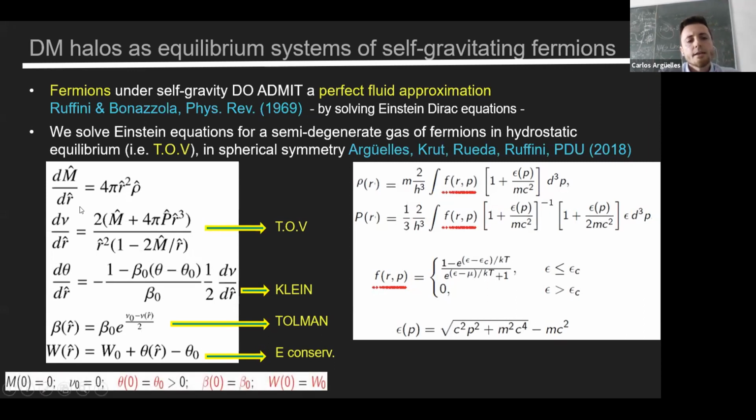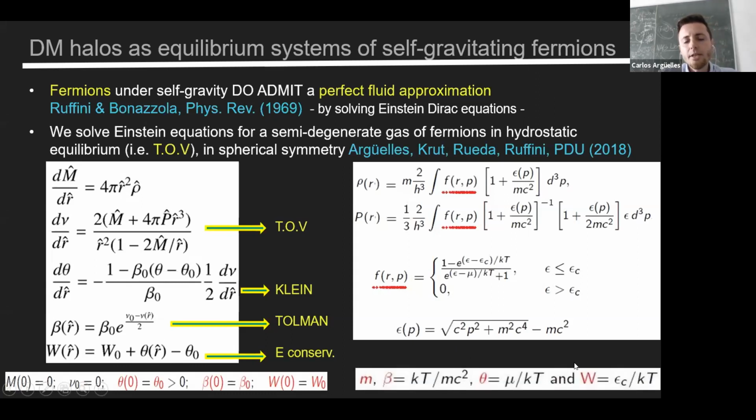So as you can see, this is a system of coupled, highly nonlinear ordinary differential equations, and you have to solve it with boundary conditions. So a regular mass at the center, not singular, and a central degeneracy. We will search for solutions with degeneracy larger than 0, because degeneracy lower than 0 goes to the traditional pseudo-isothermal sphere solutions. And given a temperature and a given cutoff parameter. This theory has 4 free parameters: the particle mass, the temperature, the degeneracy theta, and W, the cutoff energy, which we have to give at the center of the configuration. This is a boundary condition problem.